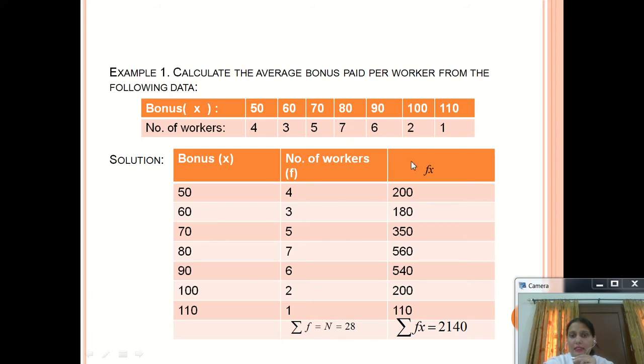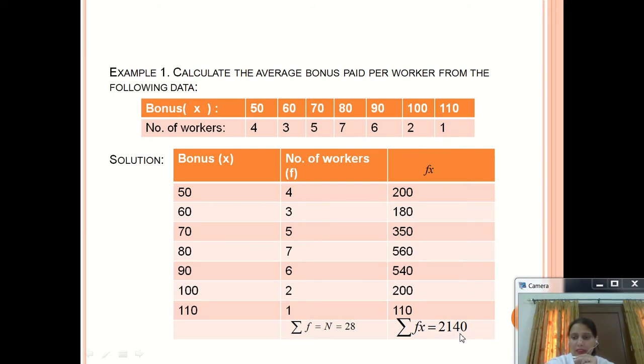Then f into x, multiply these two columns, 50 into 4 is 200, 60 into 3 is 180 and so on. And we want summation of fx. So add all the data of this column. So summation fx is